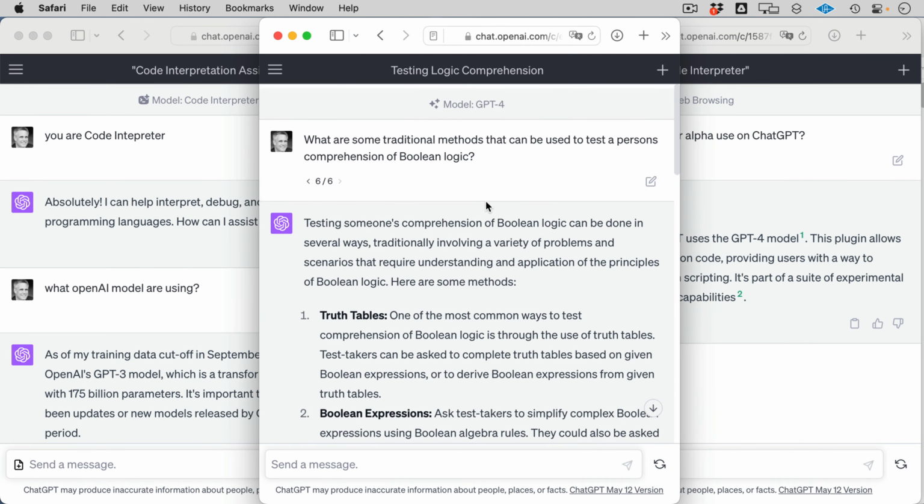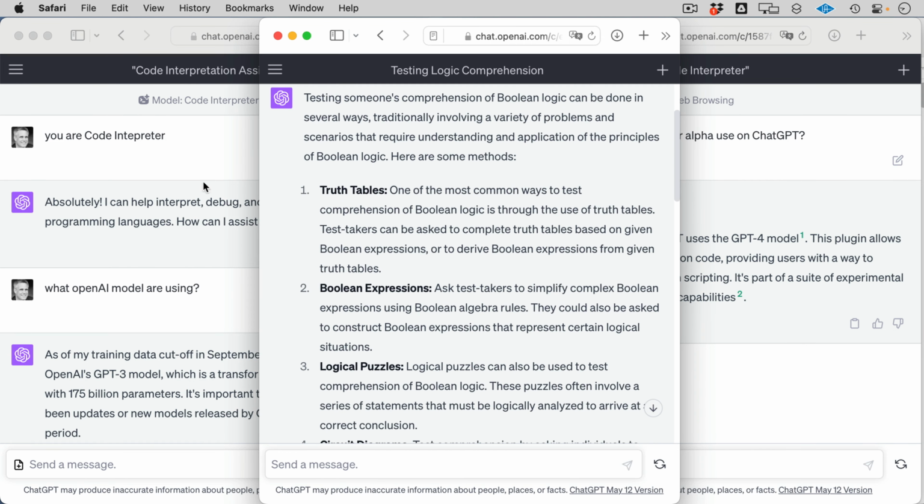So what's the difference? Well, Boolean came much later than Aristotle, and Boolean logic is really based on some challenges to Aristotle's logic, but it really builds upon it. So what I want to focus on today, we're going to do this experiment called truth tables. In our 10 tests today, I'm going to do 10 truth tables, one of the most common ways to test comprehension of Boolean logic. So we're going to see if there is a next level logic or if it's just pattern recognition that's more of an Aristotle type of logic, or is this a Boolean logic?